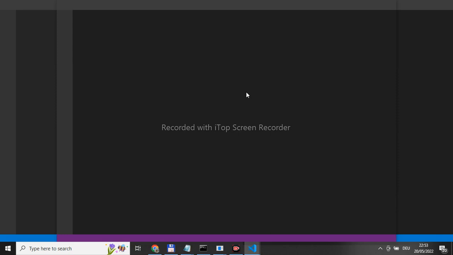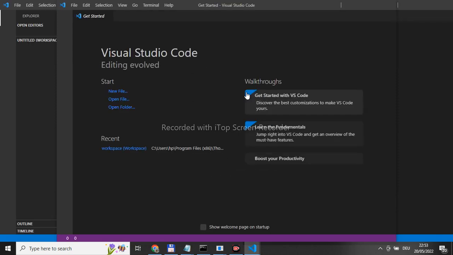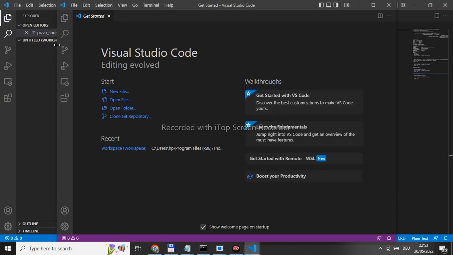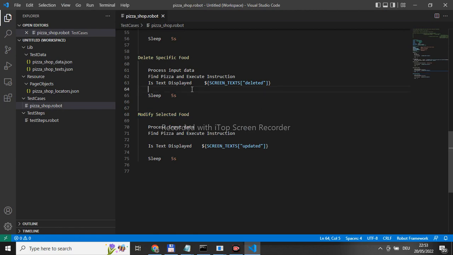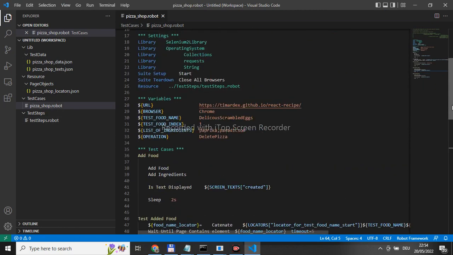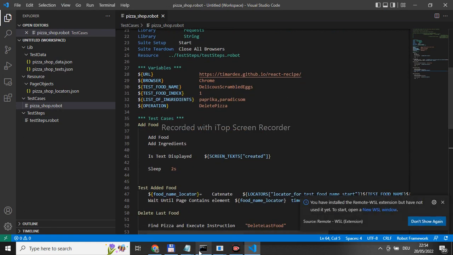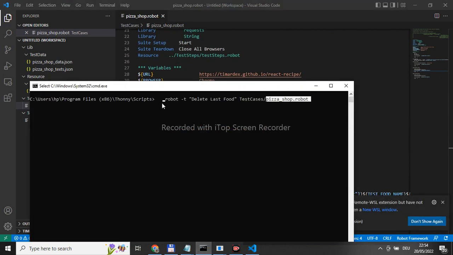It's quite good for Robot Framework. I close this one. Okay. So you can see this is the project. In the command line, I continue to explain